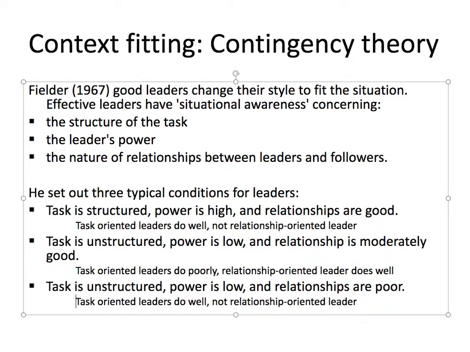And then the final condition which Fiedler suggests is common is one in which there's an unstructured task, the power is low, and relationships are poor. And Fiedler says when this happens, task-orientated leaders now tend to do much better. Why? Well, the task is still unstructured and the management power is still low, but because relationships between leaders and subordinates are already poor, because relationships perhaps between subordinates are poor and there's a low level of trust throughout the organisation,